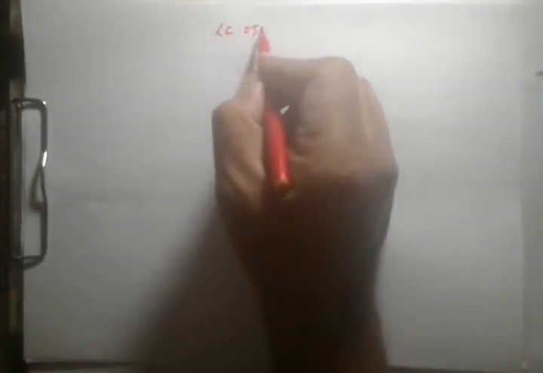Today's topic is about LC oscillations. First, you have to know what LC oscillations are. LC oscillation means the electrical oscillations produced by the exchange of energy between the capacitor, which stores electrical energy,